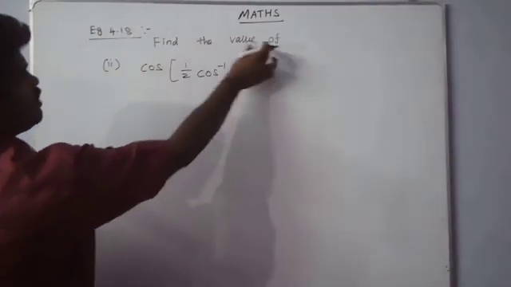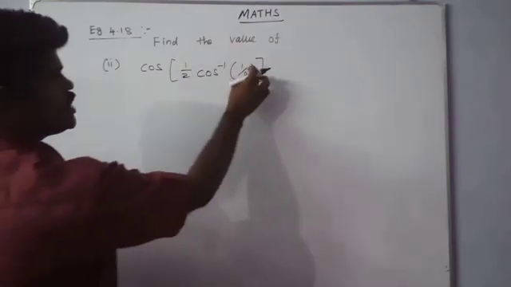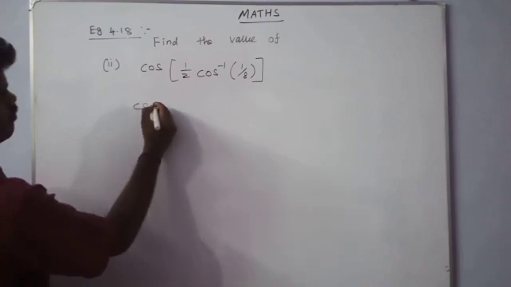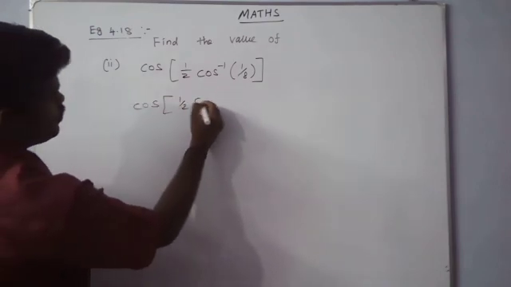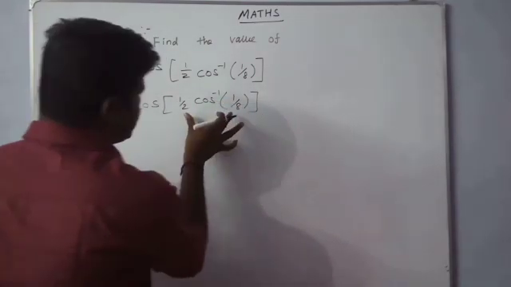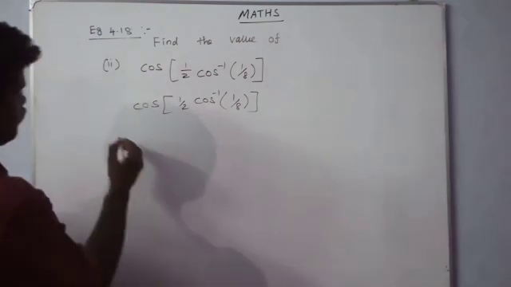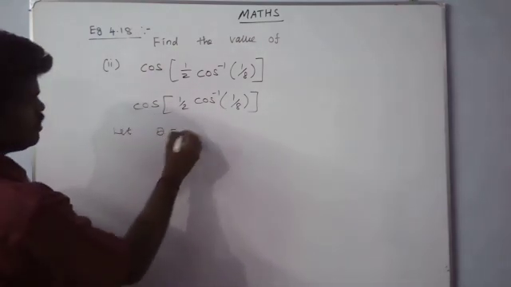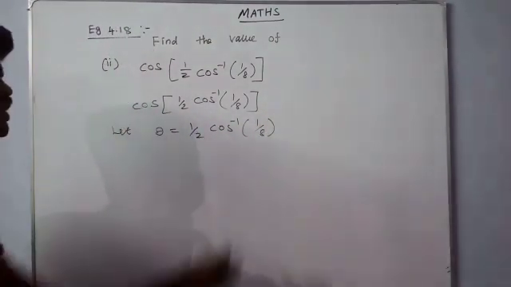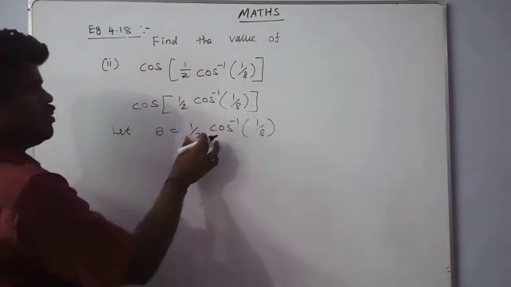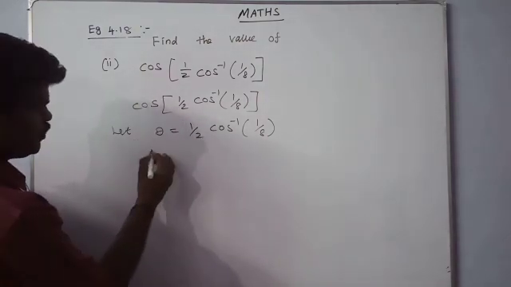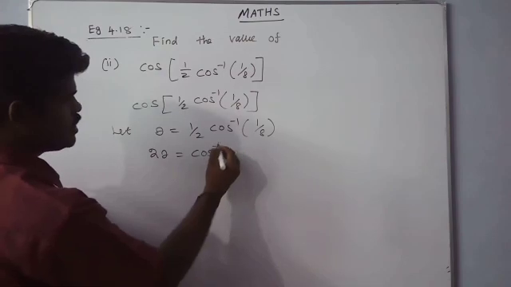Example 4.18. Find the value of Roman letter 2, cos of 1 by 2 cos inverse 1 by 8. Here, cos of 1 by 2 cos inverse 1 by 8, and let us take this value as theta. Let us take theta is equal to 1 by 2 cos inverse of 1 by 8. Let us take the inside value, 1 by 2 cos inverse 1 by 8 is equal to theta, and cross multiply this, 2 theta equal to cos inverse of 1 by 8,